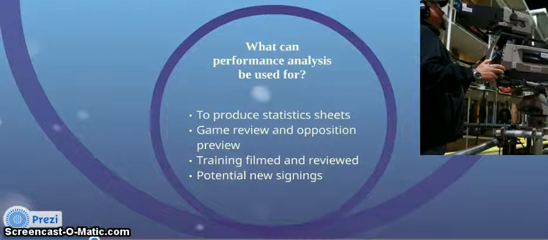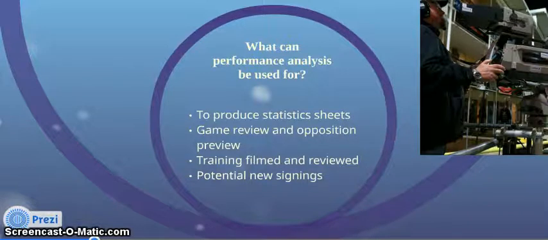What can performance analysis be used for? It can be used to produce statistics sheets which can feed back points to coaches about their athletes. It can also be used for game review and opposition preview, so that coaches can plan an efficient and appropriate game plan for the next game, and compare this to the opposition's plan, which will provide an advantage before the game. Training can also be filmed and reviewed to improve technique for the performers, as well as looking out for